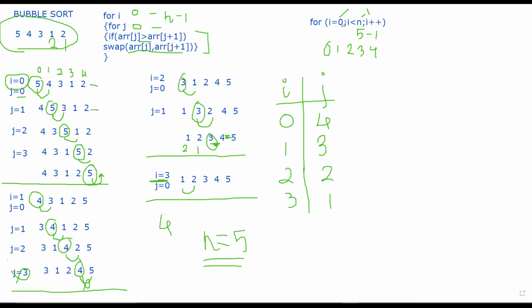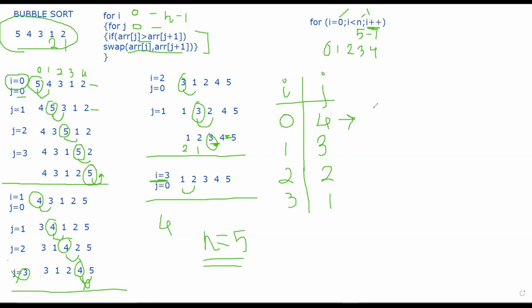So now, I'm going to increment i: 0, 1, 2, 3, 4. If I start from 0 and increment with the help of i plus plus, it is easy to get these values. But what about 4, 3, 2, 1? I have to write this 4, 3, 2, 1 in such a way that some equation in terms of n is formed. So what will I write?